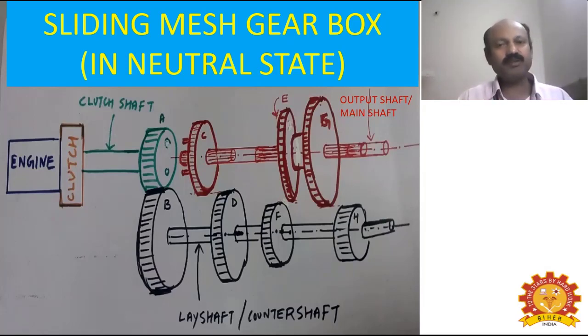So in this example, the engine is always rotating with 4000 rpm for a given acceleration portion, whereas the gearbox output shaft can be made to rotate with 1000 rpm in first gear, 2000 rpm in second gear, 3000 rpm in third gear, and 4000 rpm in fourth gear. In this way, 4 different varieties of output speeds are possible. So this is how a 4-speed sliding gearbox works.